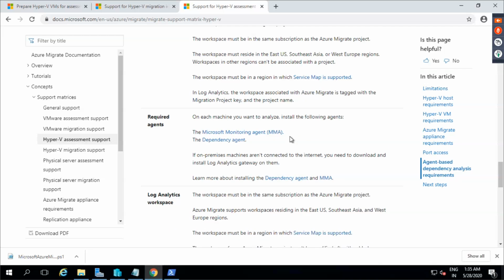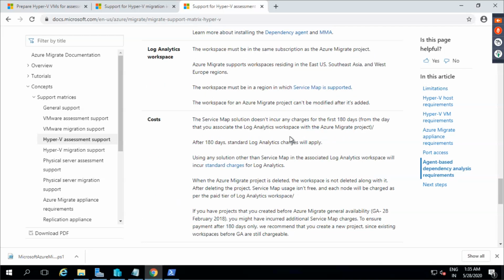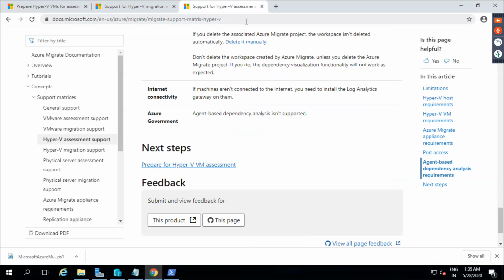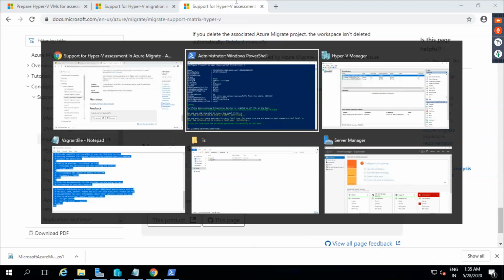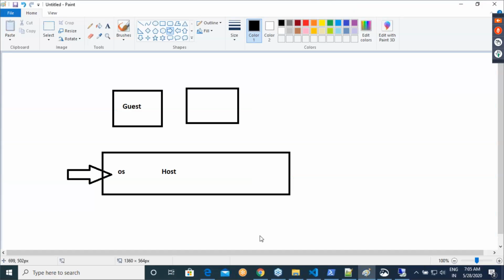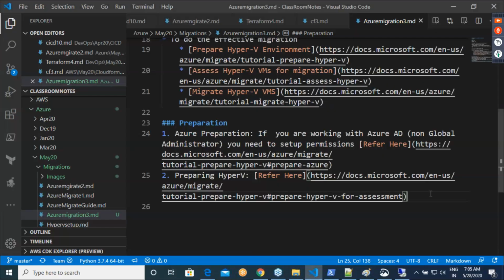So what are the required agents? Here, this is the whole stuff which we need to worry about. Okay, so let me go over here. Hyper-V assessment support.